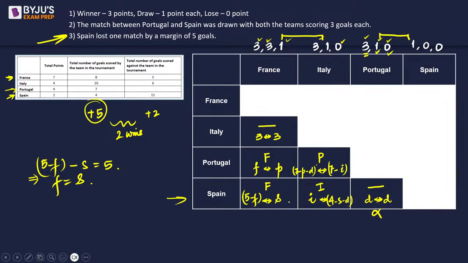One case as in यहां से ये निकल कर आया. If I assume that the match between France and Spain was a case where वो 5 गोल के मार्जिन से हारता है, ठीक है। तो ऐसे समझते हैं, फ्रांस को टोटल करने हैं 8 गोल्स, 3 गोल्स इधर कर चुका है, और इधर फ्रांस अगर जीतेगा तो 5-0 से जीतेगा, सो दैट मार्जिन हो जाएगा 5 गोल्स का बिटवीन स्पेन एंड फ्रांस। एंड सिंस फ्रांस हैज टू डू अ टोटल ऑफ 8 गोल्स, 8 गोल्स इधर ही हो चुके हैं, तो फ्रांस ने इधर 0 करा है।